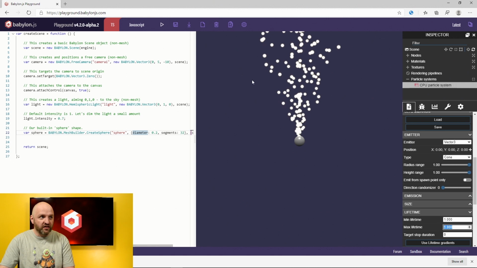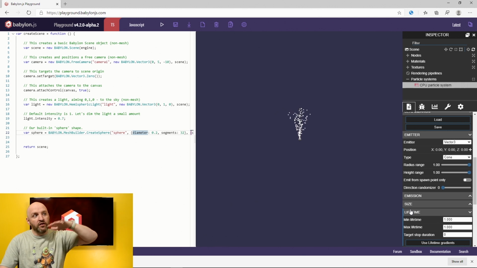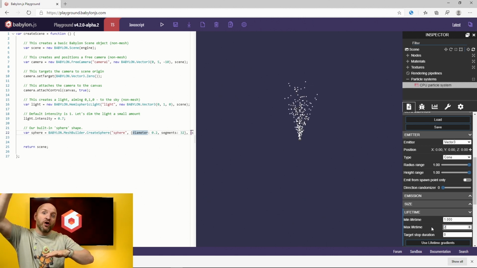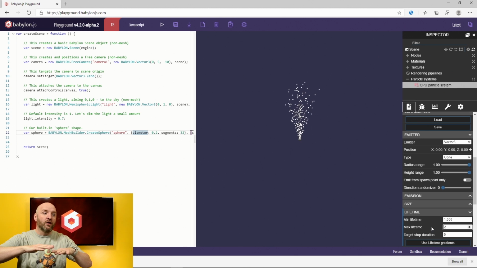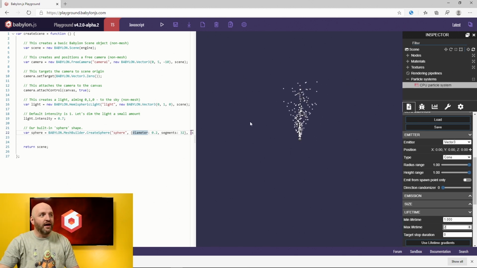Before changing that, let me back off a little bit so we're going to see it. You see that all the particles die at the same position, right? We're going to change the lifetime of the particle, so it will be between 1 and 2. So some will live for 2 frames, and some will live for just 1 frame, and some will be in between. And that's the beauty of the particle system that we have in Babylon.js. You can create this sense of chaos by just playing with the random value.